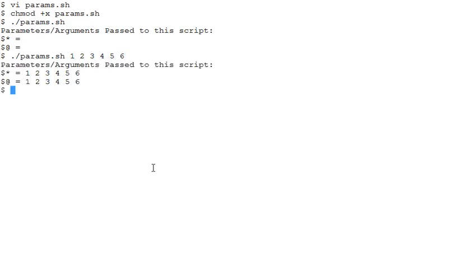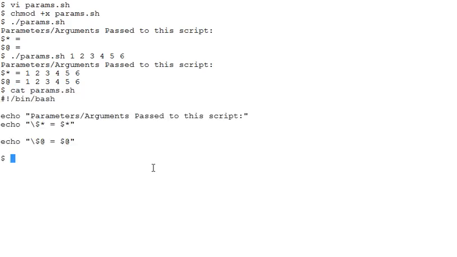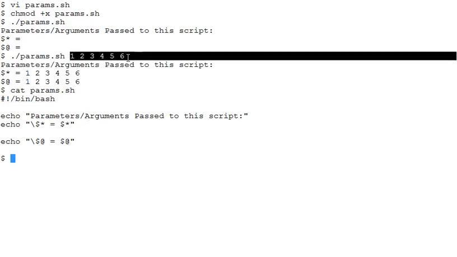So you see, $* or $@, I can use any of them or both of them as I wish in my script, and they will give me all the parameters passed to my script.